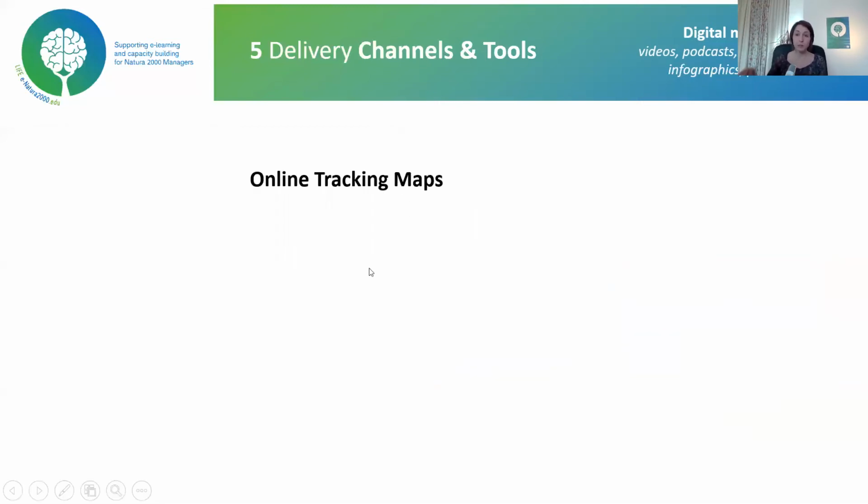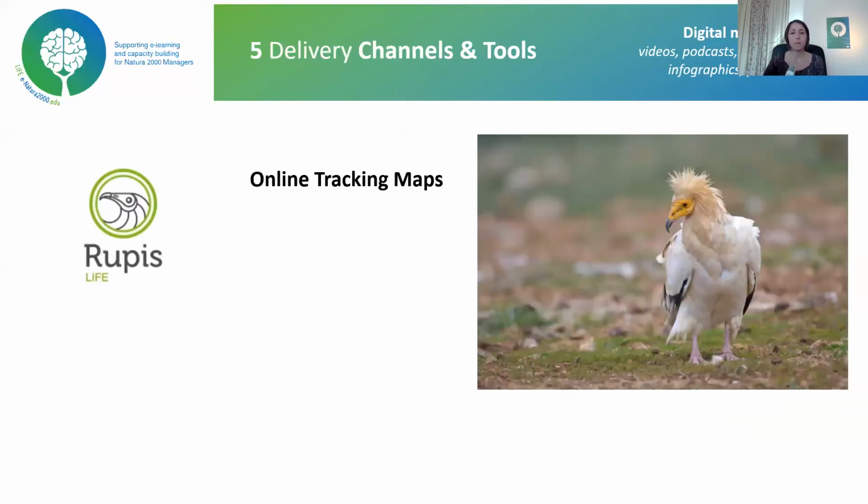Then another thing that works pretty well on social media is online tracking maps. So for example, Rupish, this is a live project to protect this beautiful species. It's the Egyptian vulture, as many of you might know. And this is a migratory species. So he's in Iberia during summer and spring, and he goes down to Mali